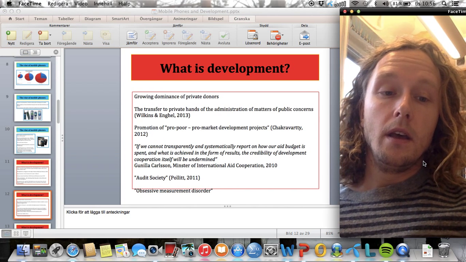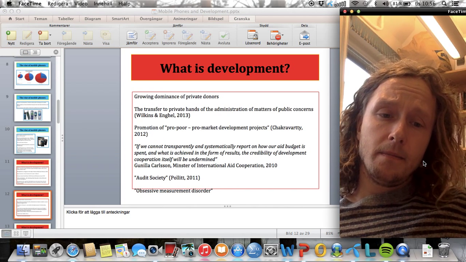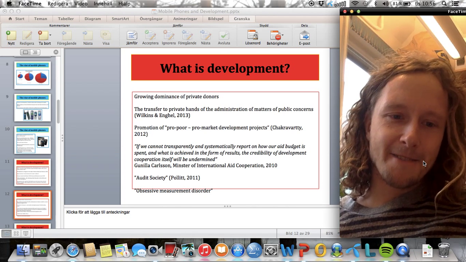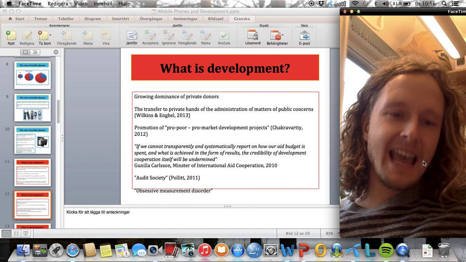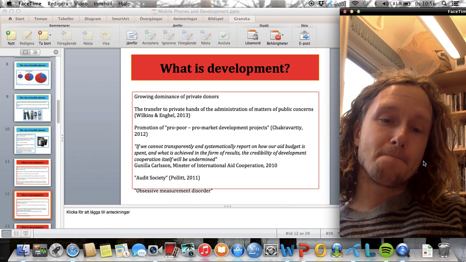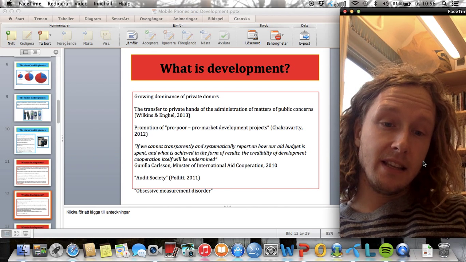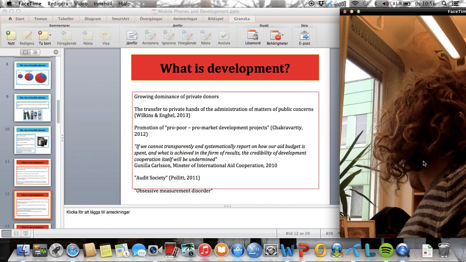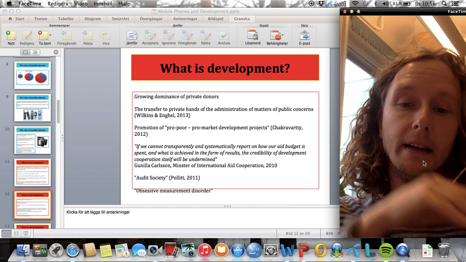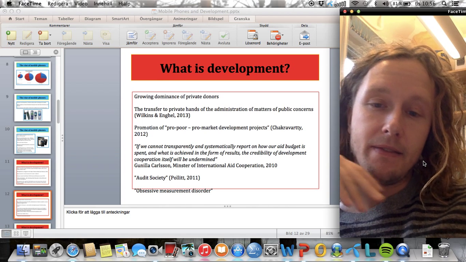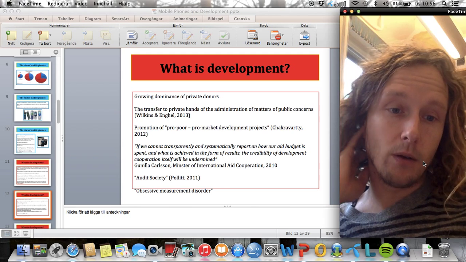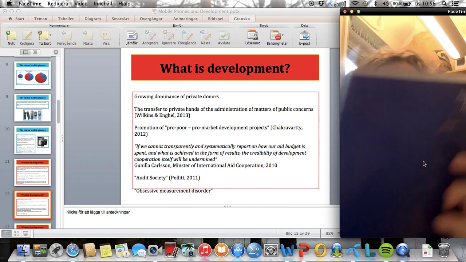Okay. Well, if we look at the concept of development, we cannot not look at aid and international aid and aid cooperation. And here we see, and this is in the book that you're supposed to read as well, the Nordicom book here, and this is from a later article of Karen Wilkes and Florencia Engel, but they also write it in the book that you have for this course,